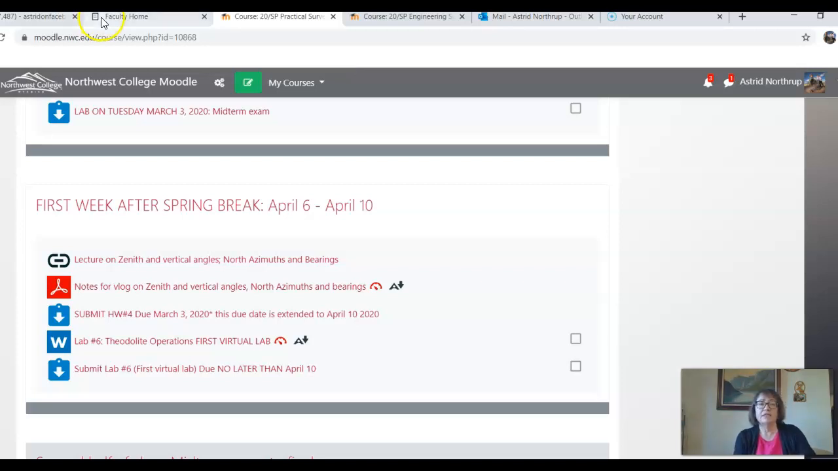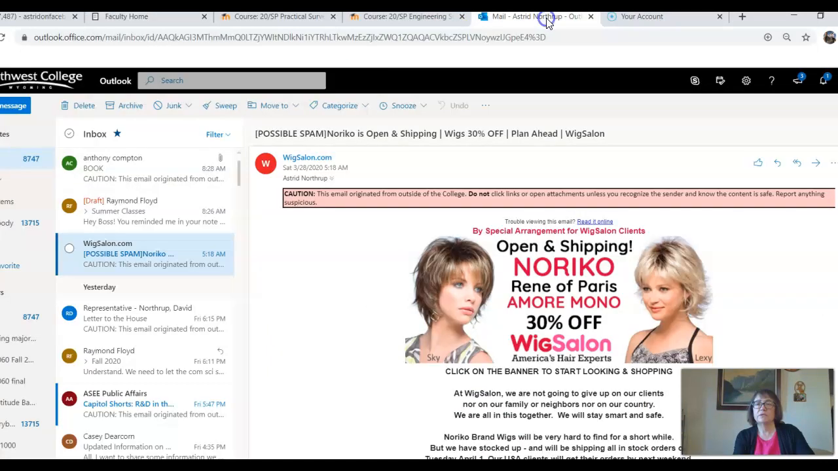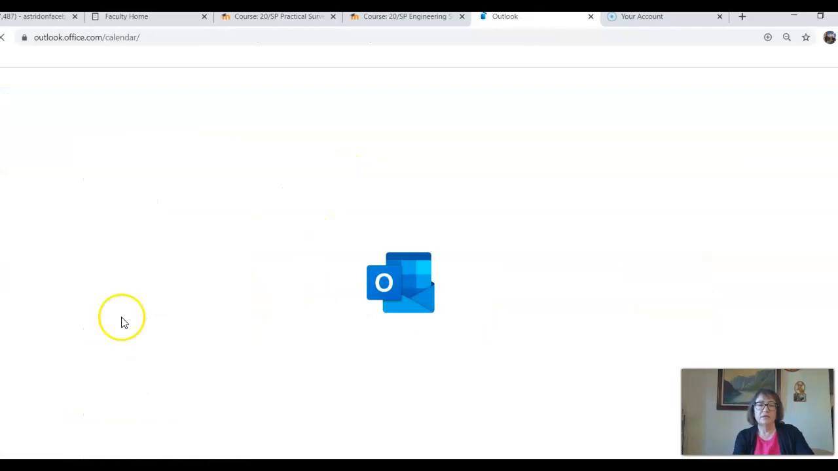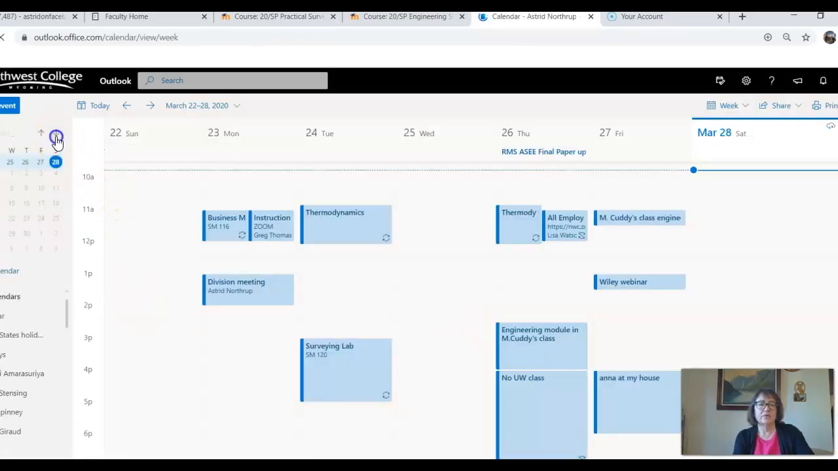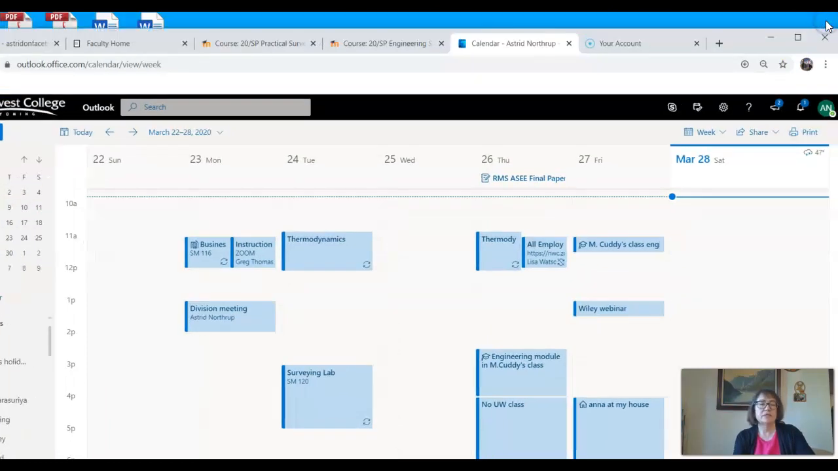Okay, so having said that, let's take a look at our calendar for the rest of the semester. Oh, it's already open, sorry about that. All right, so if we take a look at the calendar for April, you'll see that we have, let me stretch this out a little bit. It doesn't want to stretch out for me. All right, so the weeks that we have left